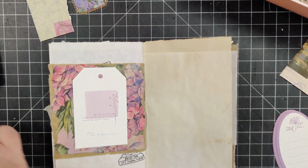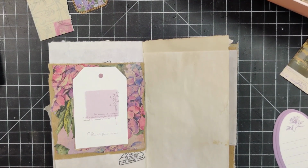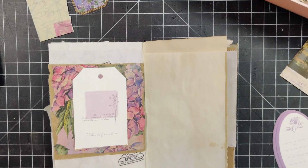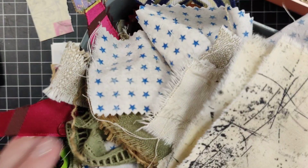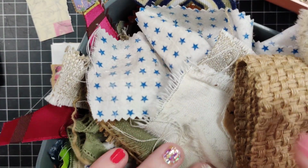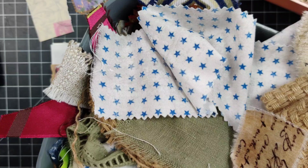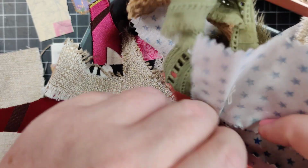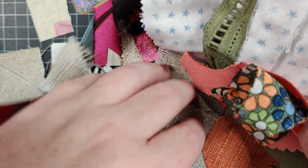I kind of feel like it needs some paper behind it, or fabric or something. Let's see what I can come up with down here. Got my paper scraps, or my paper. I got paper on the brain. I've got my fabric scraps down here underneath my desk, and something like this might be kind of perfect, or this. See if I can get a bigger piece of that. It's a little chunky though, but